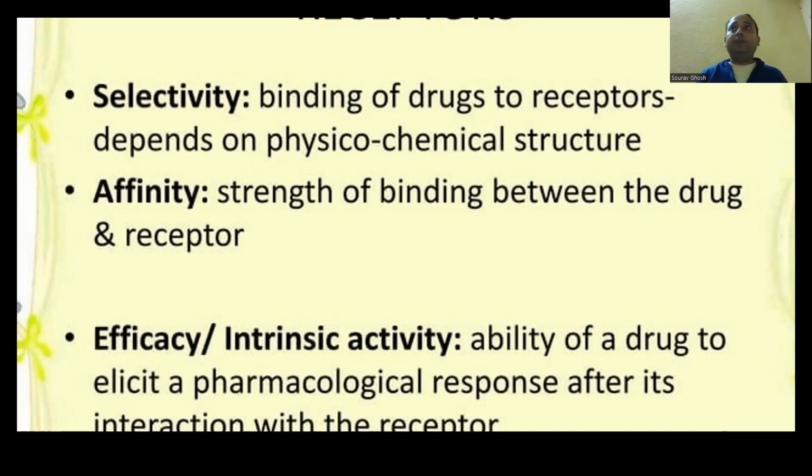If intrinsic activity is abbreviated as IA, then IA is 0 and affinity is 1. And what about partial agonist? This has affinity but intrinsic activity between 0 and 1. What is inverse agonist? This also has affinity and selectivity, but the intrinsic activity is -1. That's all. Okay,